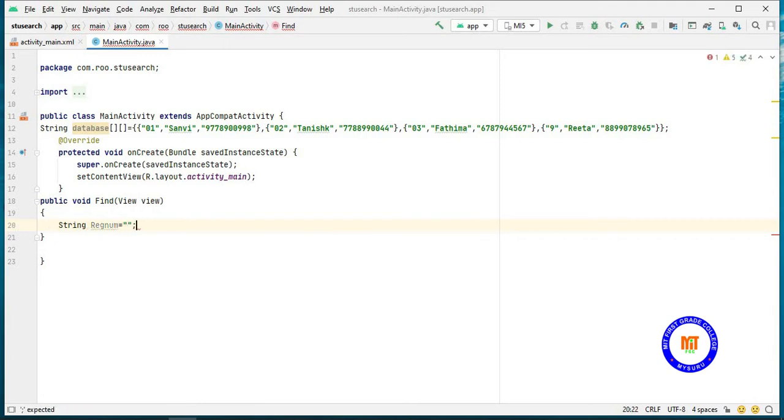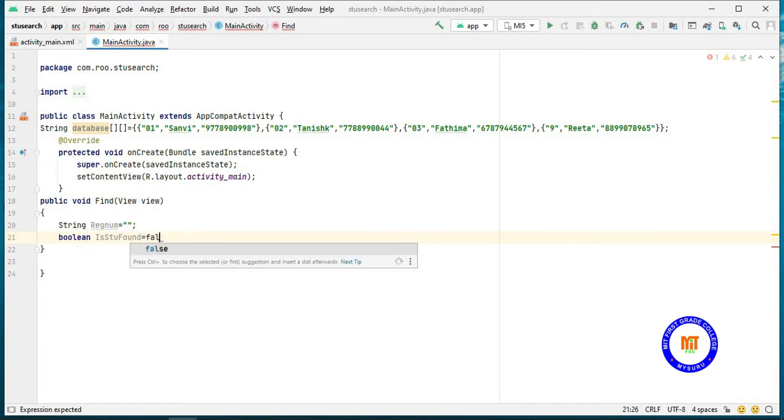Initially I'll keep it as null, and I'll take one more boolean data type to check whether the student is found. Student found, and I'll keep that as false. Initially I'll keep that as false.